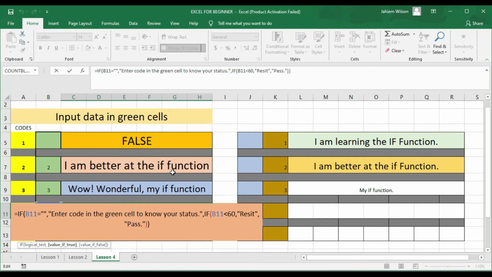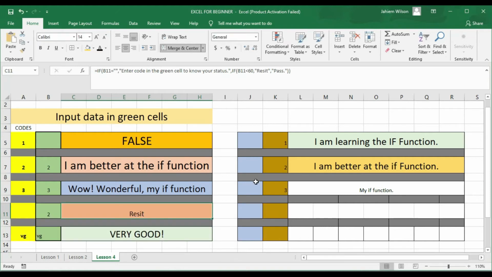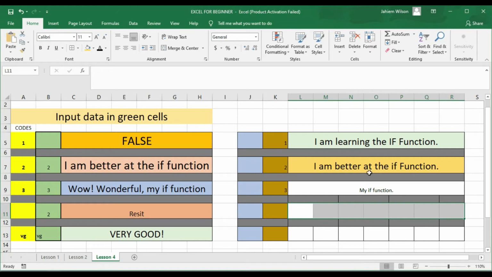So if nothing is in the cell, then it is supposed to prompt you to enter something in the cell. Having entered something in the cell, if it is of course less than 60, the computer is supposed to tell you that you have failed the exam and you'll have to reset. However, if it is greater than 60, then it will tell you that you have passed the exam. So let us write that code very quickly. This is a nested if, and it's a very simple one, but a really nice practice if you're doing exams. So escape there, and we're going to be writing that code. So it is very easy, like we said earlier. We merge these cells here,